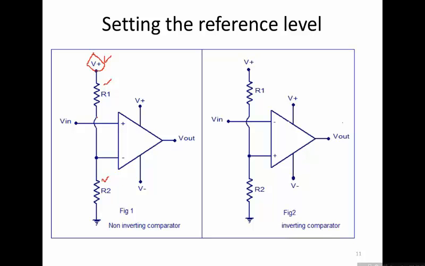So for, let's say, 2 volts here, I can take a 6 volt power supply, or a 4 volt power supply, and take these 2 resistors of equal value. Then I will get 2 volts DC at this node. It sets the reference level, and the voltage at the other terminal is an input signal coming from your desired application, which you want to compare and produce the